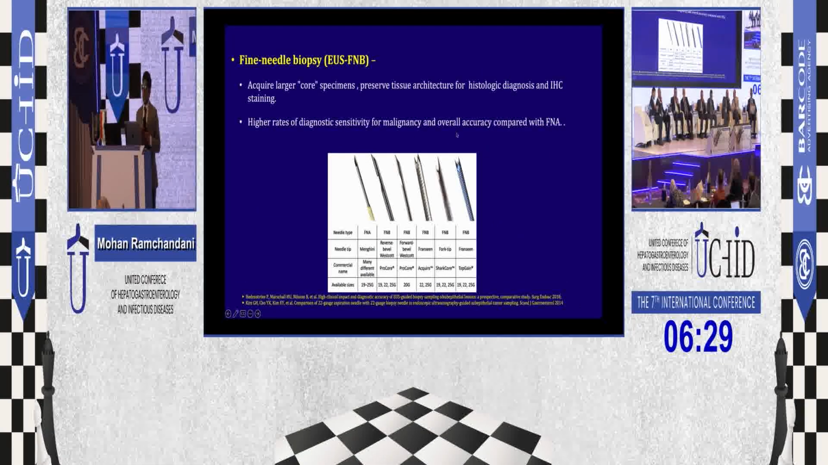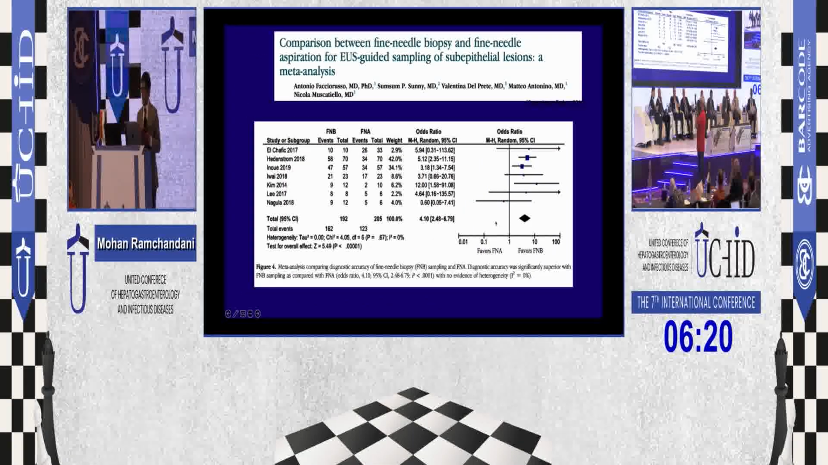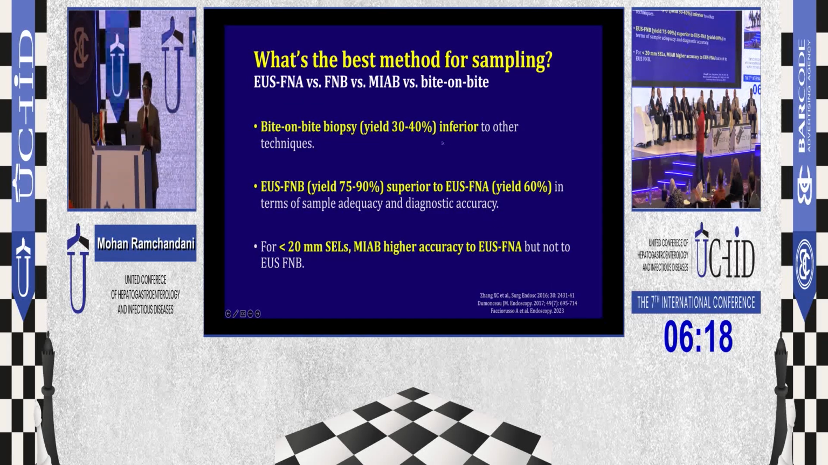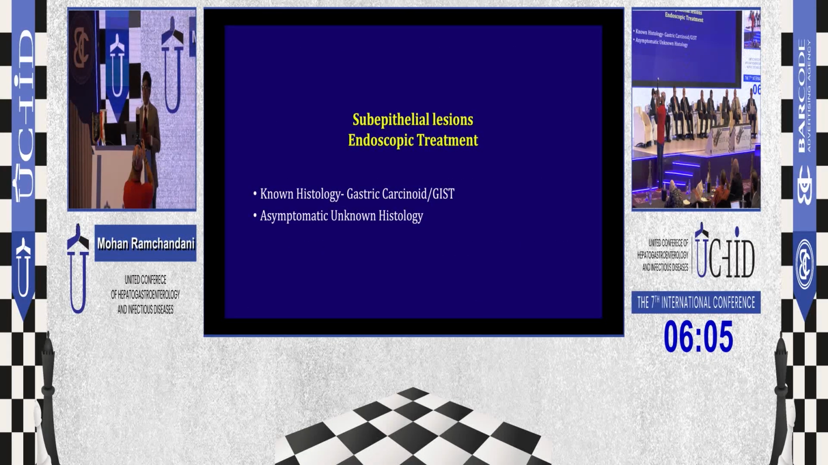The second method, or the best method, is FNB, with a Shark Core needle or Franseen needle. They give us a better diagnosis as compared to FNA. So bite on bite biopsy is possible. FNB is better than FNA. You can also do mucosal incision, expose the tumor and then take biopsy, which is also good. Once you have a diagnosis, if you are dealing with gastric carcinoid or GIST, you can go ahead with